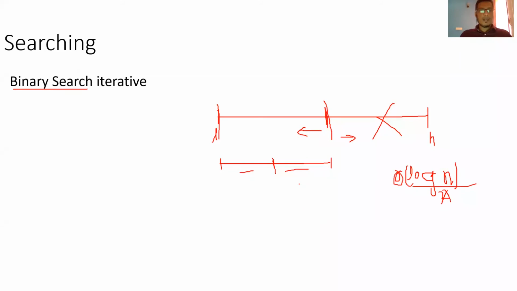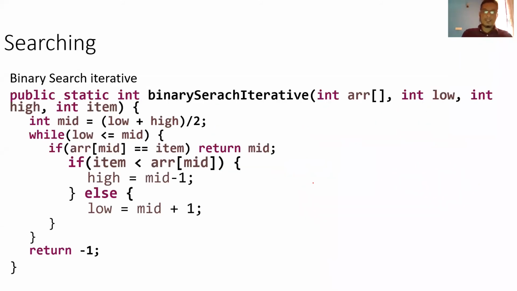There are two ways you can write a binary search. You can write it iteratively, like this is the iterative solution, or you can use recursion also, which I will show too. For example, in this case, given an array, and the low and high. Low is nothing but the index of the first element, which is 0, and the last element is n minus 1, in this case array.length minus 1. Or you can directly pass the high also, and the item you are searching for.